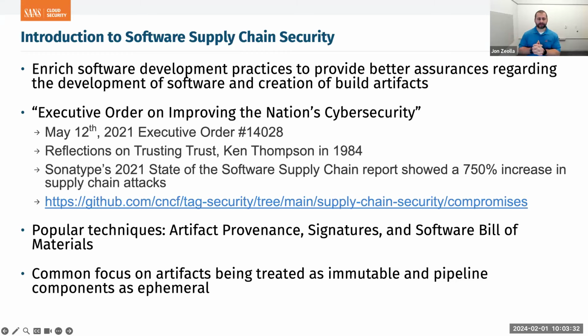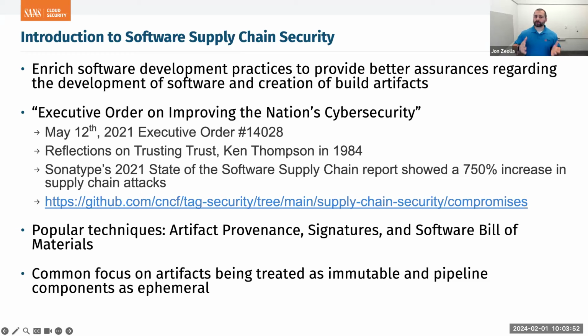We'll talk about all kinds of different language that we can use to describe those properties, but that's really what we're trying to do here. We're trying to be able to prove to other parties that the software we have or the software that we're using is safe, or at least we know where it came from. It hasn't been tampered with.